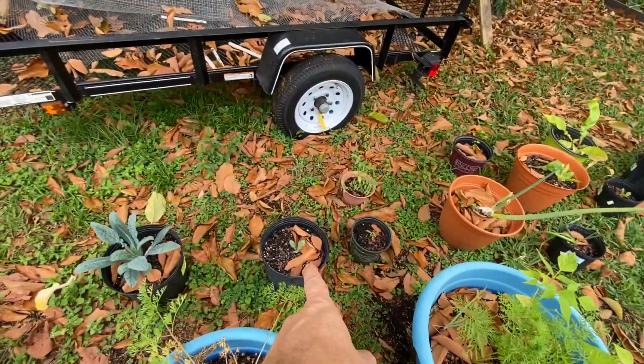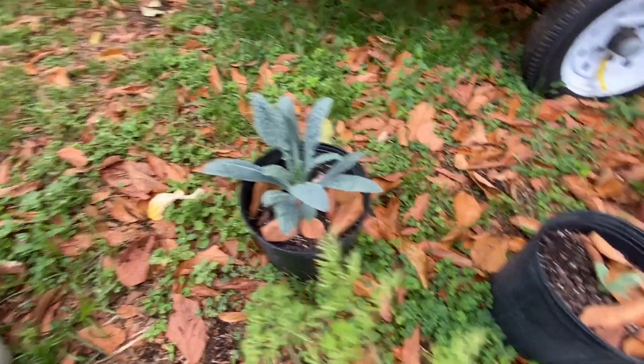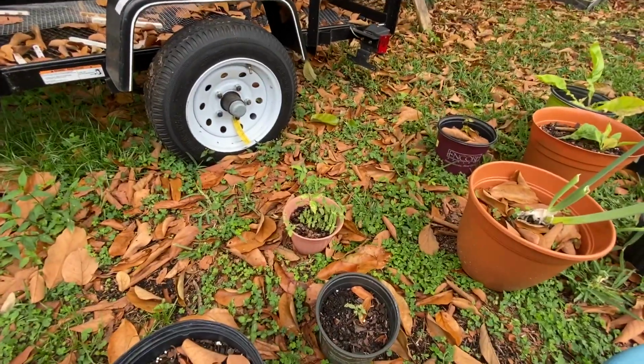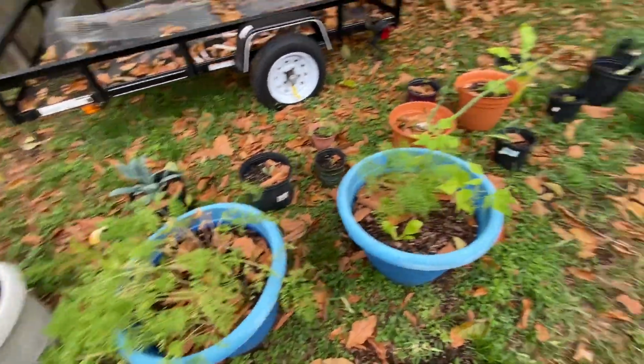This is a kale from transplant. This one actually is too. This is a kale from transplant as well. I transplanted from the mother plant, and that one is as well. It's not doing as well. A little tomato plant that my daughter planted. Some more beans, some carrots,